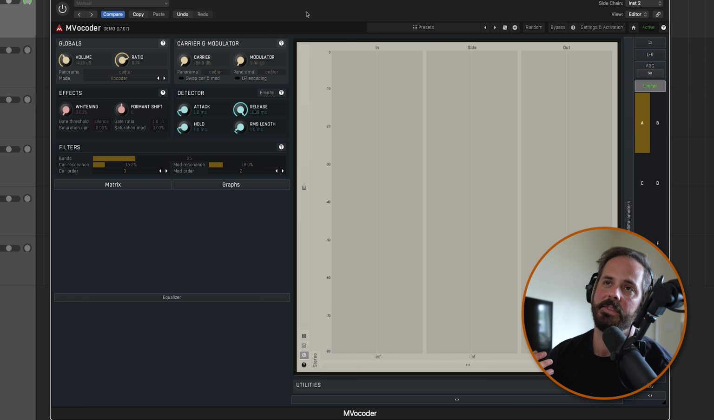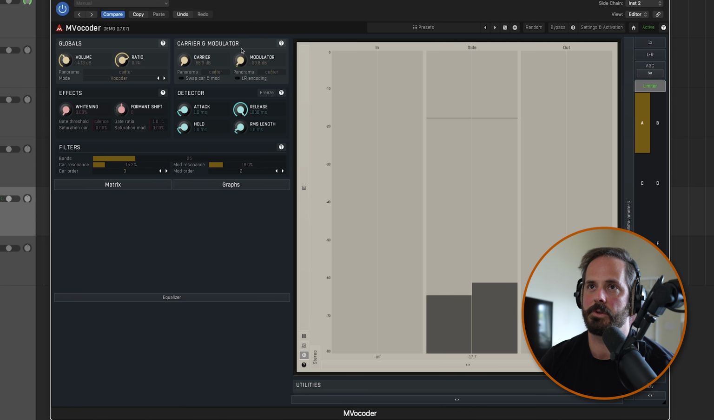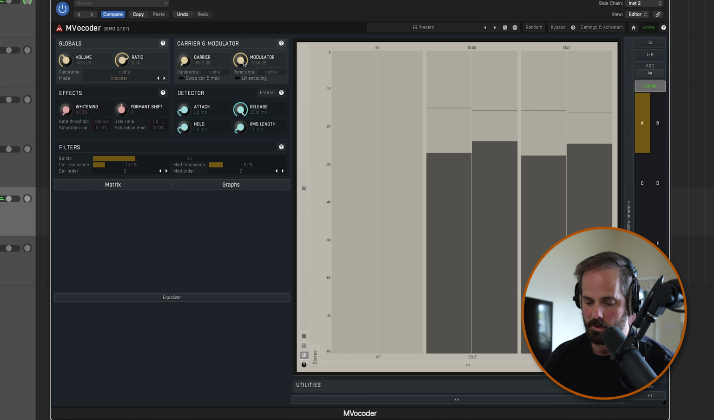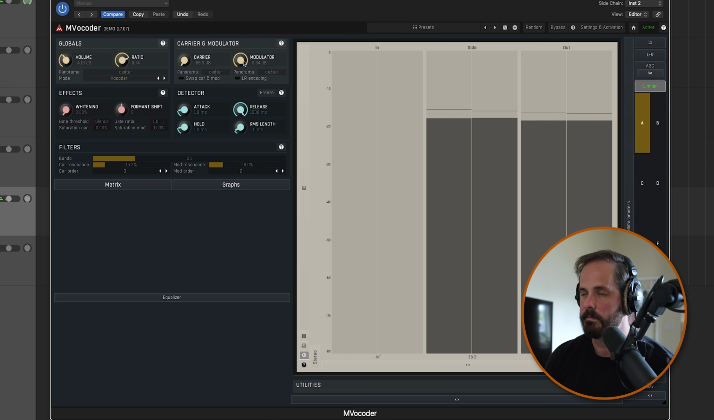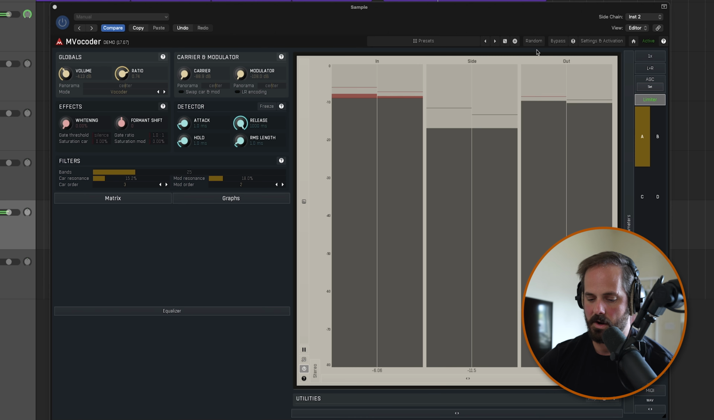And then you've got the carrier, which is our sample that we've been working with, which will be sculpted by the sidechain input based on a number of frequency bands that is contained within this vocoder. So let's just enable this. I've got a Noir piano sample loaded as a sidechain input. Okay, so now